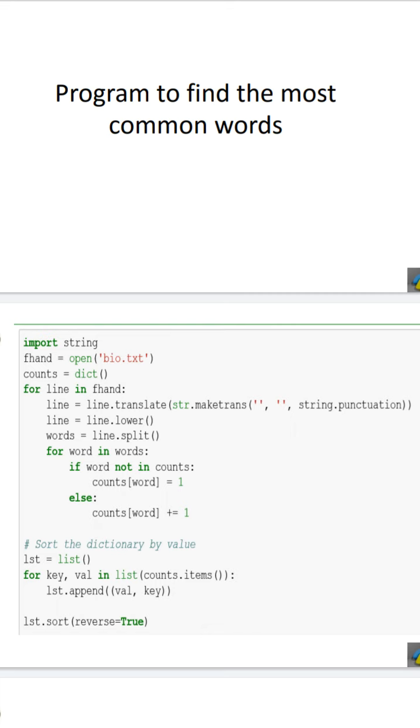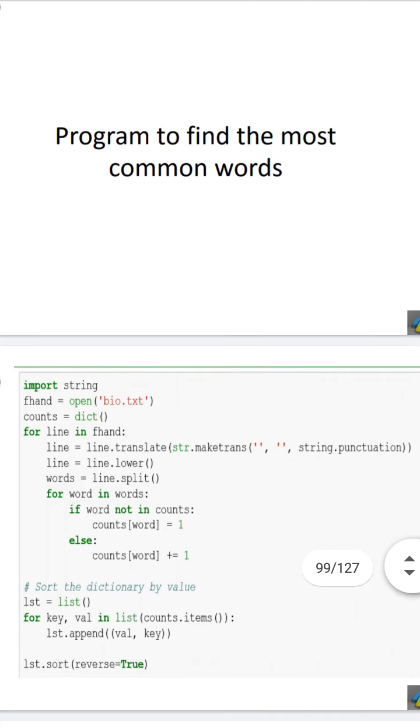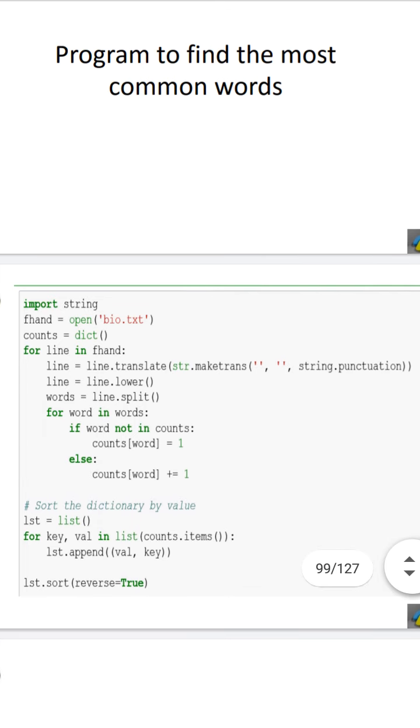Hence the line f = open bio.txt, we need to call inside a try block, and in the except block we can print an error message to the end user and exit from the program. That is how we normally do it, and the same thing we have done in our earlier examples. And as we have not specified the mode of the file, by default it is read.